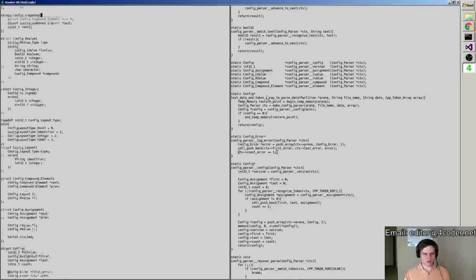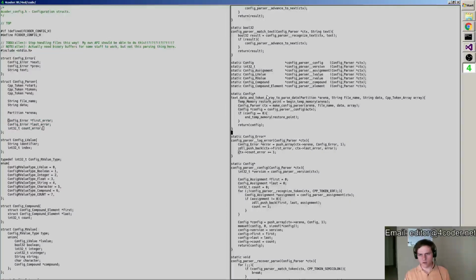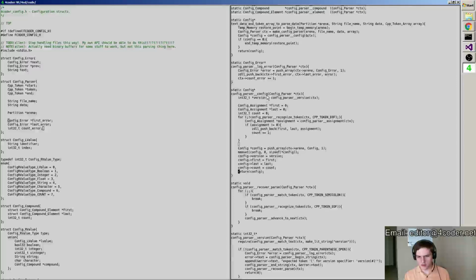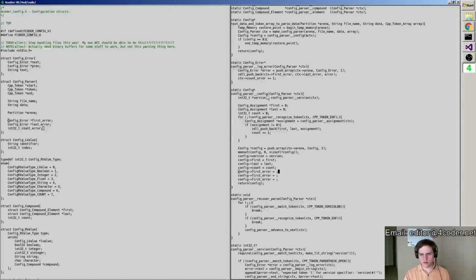So those actually do want to live in the context, as it turns out, which means it's right here where we'll go config first error, last error, count error, and we'll set those from the context first error, last error, and count error, like that.